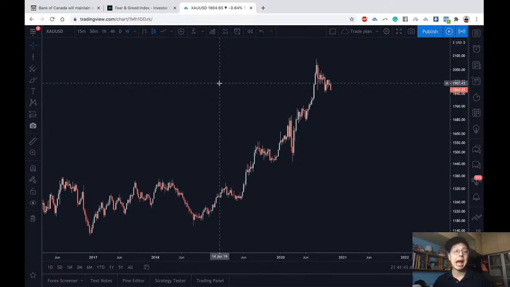First thing here is my bias. For the longer term, I'm bullish on gold and silver, meaning I'm looking to buy gold and silver for the long run for a very simple fundamental reason. Right now the dollar is getting printed a lot. The Fed is in QE, so there's going to be an increasing supply of dollars in the economy. Eventually the market will realize there's too much dollar and its value is not worth that high. They're going to dump the dollar, and the money needs to flow somewhere. It's going to flow into precious metals like gold and silver. That fundamental reason alone is sufficient for me to be very confident in buying gold,